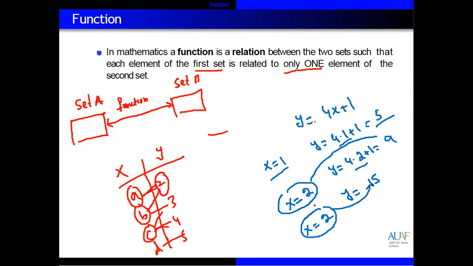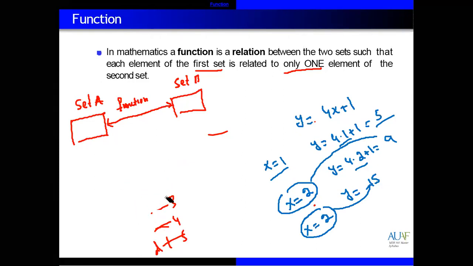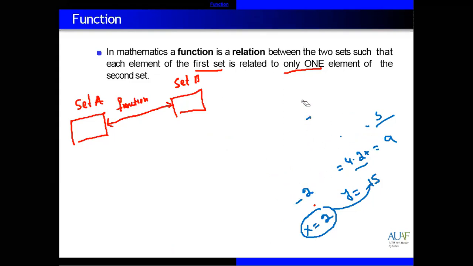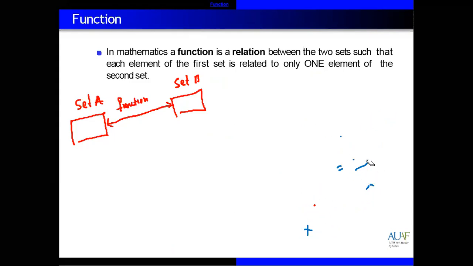So in mathematics, function is a rule. You can say that function is a special type of relation in which each element of the first set is related to only one element of the second set. That's actually called the function. In mathematics, we call it a function. Again, in function, we have two variables or two sets. One is called the dependent variable, the second one is called the independent variable. One set is called input values, the domain. The second one is called range or output values.